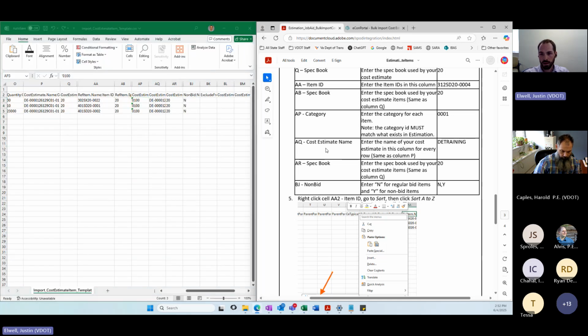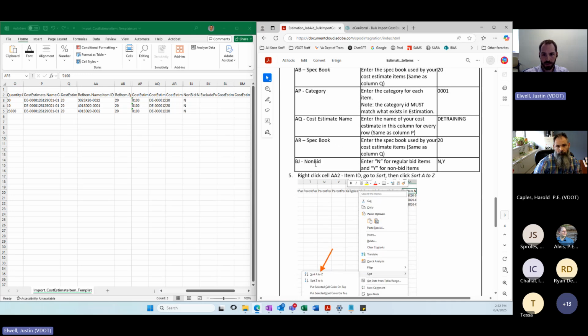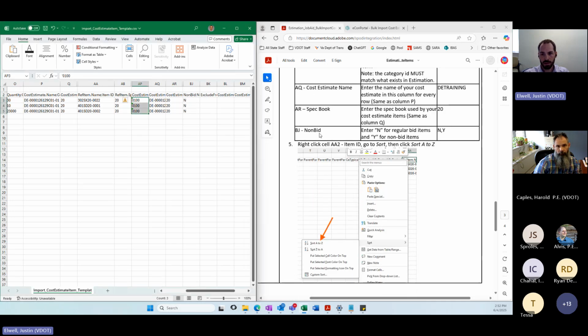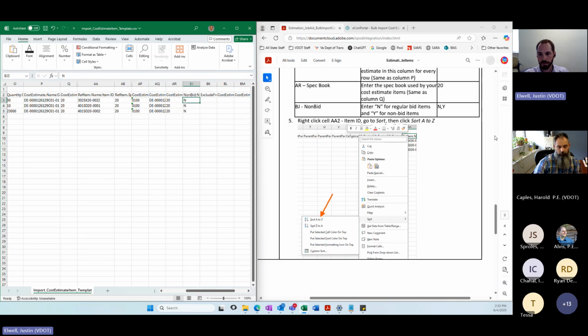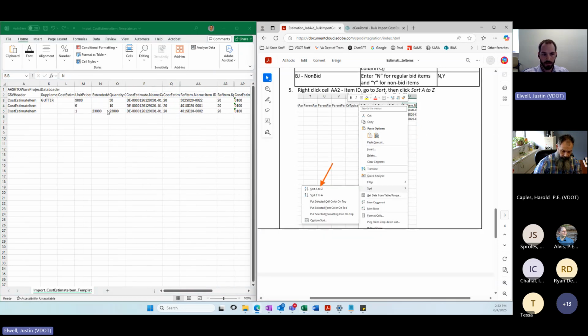And a little bit repetitive in some of these next columns, but we have cost estimate name, once again, copy paste, spec book, same thing, and then non-bid. Enter N for regular bid items, enter yes for non-bid items. So all of mine are regular bid items, so I entered in N for those. All right.